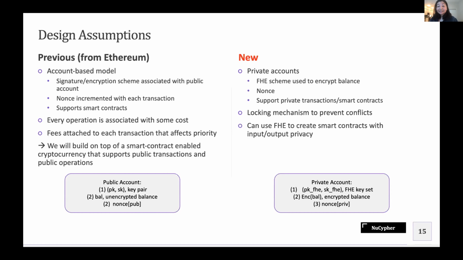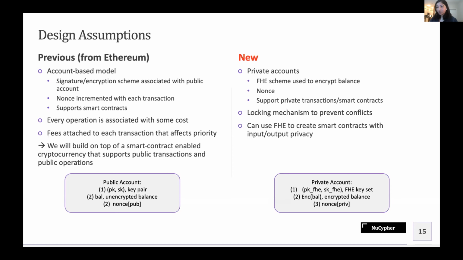And the private account has an FHE key set associated with it. This FHE key set is going to be used to encrypt the balance. That way a user maintains an encrypted or secret balance. Similar to the public account, we also need a nonce that is unique to the private account and will be incremented with each transaction. And the idea is that we're going to use these private accounts to perform private transactions